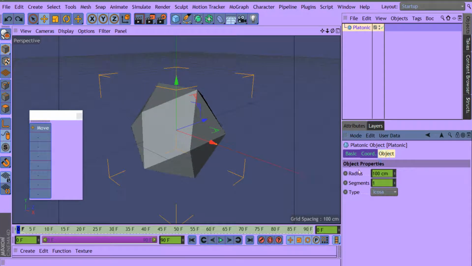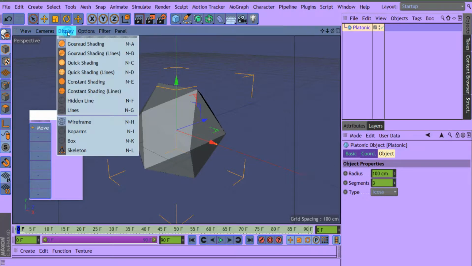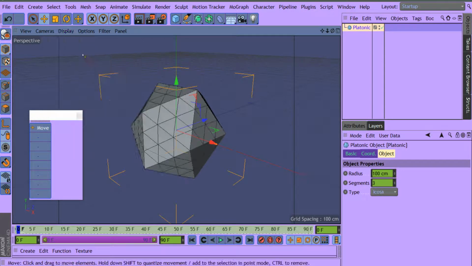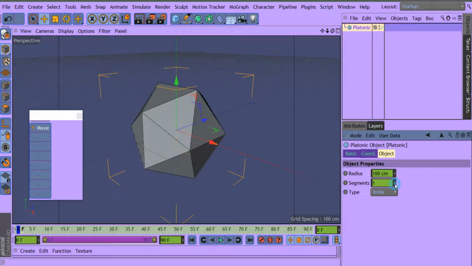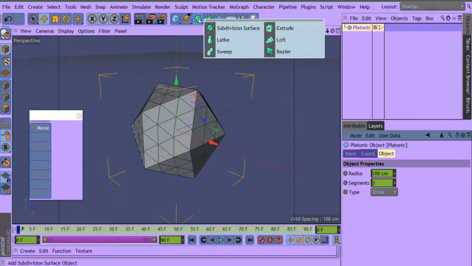You can set the segments. Be sure to turn on the display, grid shading lines. Okay, now you can see the segments. And this is cutting it up and segmenting it for you. And look, it's segmenting it in triangles. So each one of the objects up here, actually not there, here,